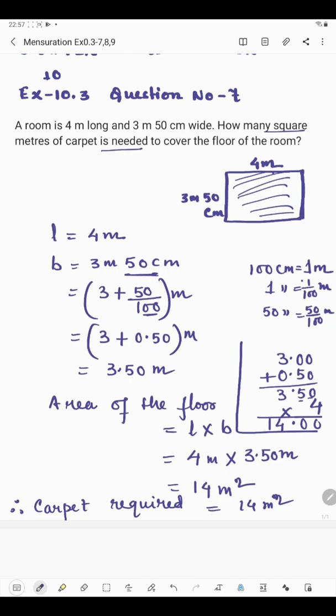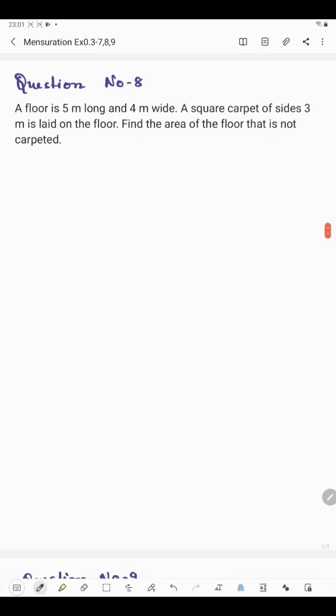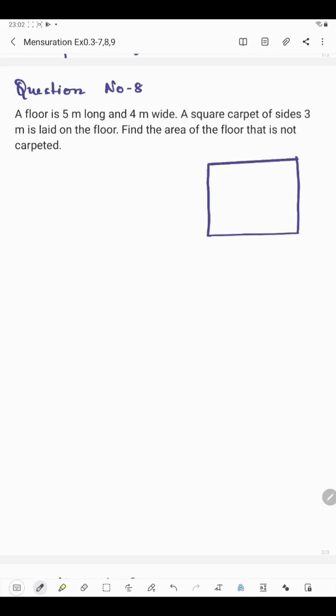Okay, now coming to the next question. Question number 8 says a floor is 5 meter long and 4 meter wide. So this is 5 meter long and 4 meter wide. So this is the floor. Now a square carpet of side 3 meter is laid on the floor. Suppose this is the square carpet, of side